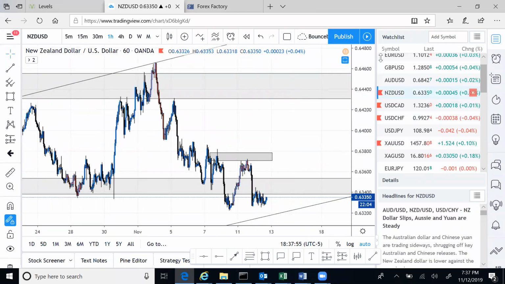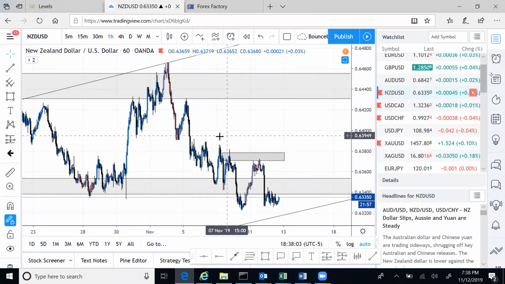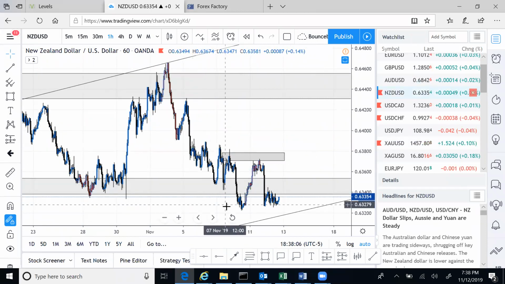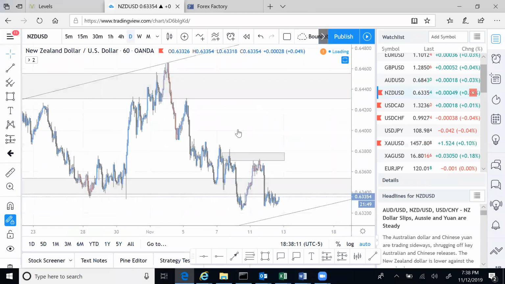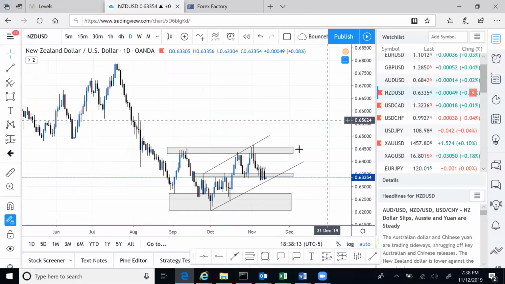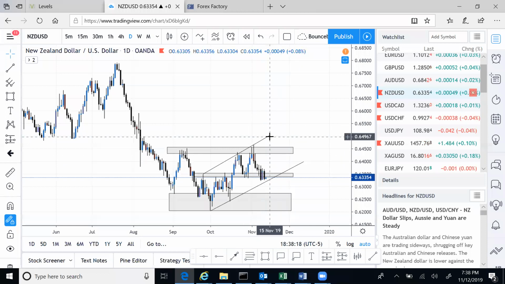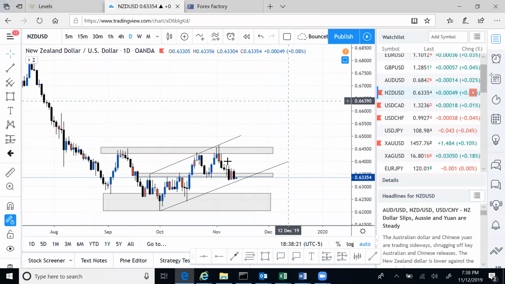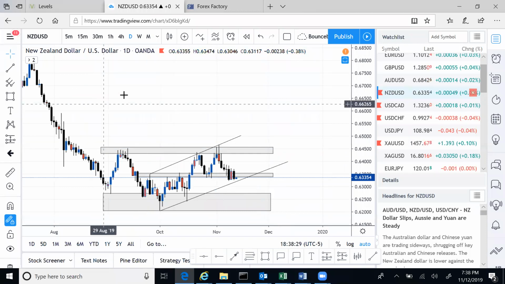All right, NZDUSD. Now with NZD, what we had here was a type of falling wedge into support, came back up to our, let's go to daily. Let's go here, actually. So first thing first, I always identify my daily support and resistance, wherever you could see clear reversal. Come down to my 4 hour time frame.